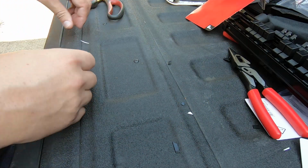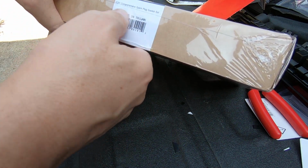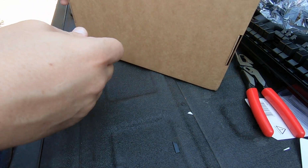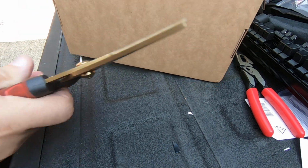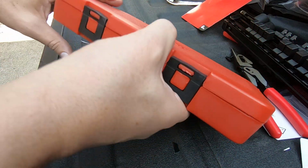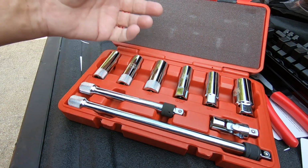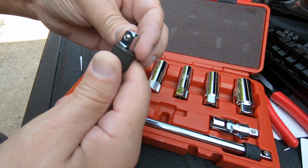Okay, now for the grand finale. This is a spark plug socket set, and it is made in Taiwan. And let me show you what you get in this little beauty. Got a nice case. So this is pretty much all your common size sockets for just about any car, motorcycle, lawnmower. But they come with these locking